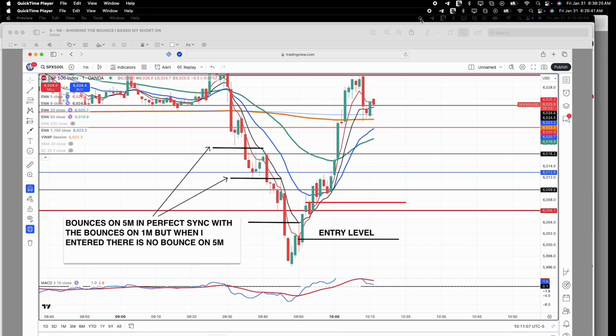You may see the price action bouncing in a very clear way of the EMAs along the 1-minute trend. On this image, I entered my trade here at this point, at this level. And I based my entry on the bounce of the price at this point,